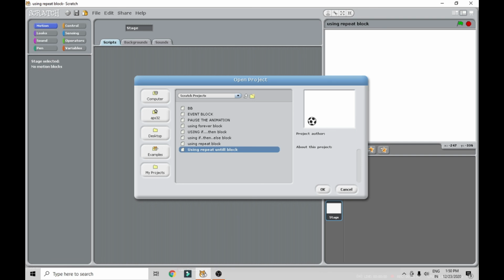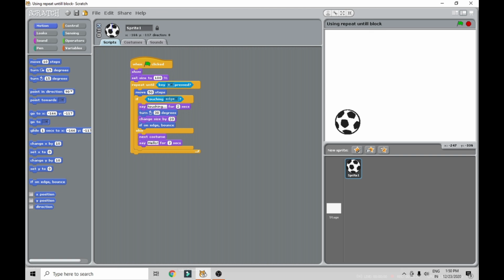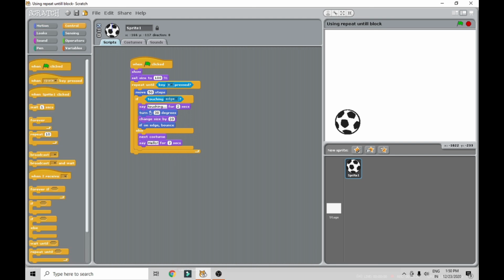Now see here, repeat until block. In this, how many times? So unless and until we will press the key. So here the key it will ask. So see here, control, repeat until block.